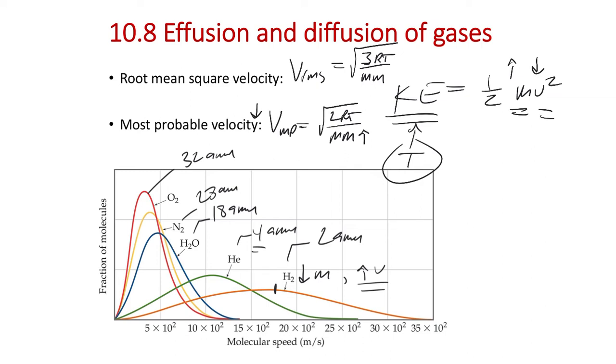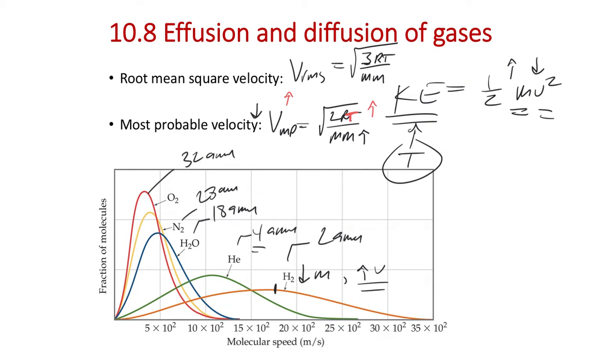And then also you can see that if we were to increase the temperature of a gas sample, if we take the temperature and increase it, that's of course going to increase the average, the most probable, and the root mean square velocities, as we would have expected. So temperature plays a role here. In the equation, we can see the direct relationship between velocity and temperature.